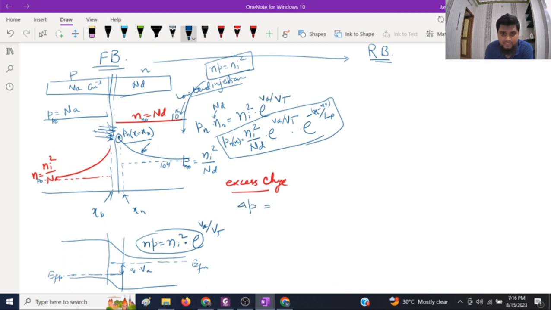You will have to subtract this Pn naught, because this is the equilibrium condition. So that will be Pn naught if you just subtract it. And that's why you can write it as Pn naught times e to the power VA upon VT minus 1, into e to the power minus x minus xn